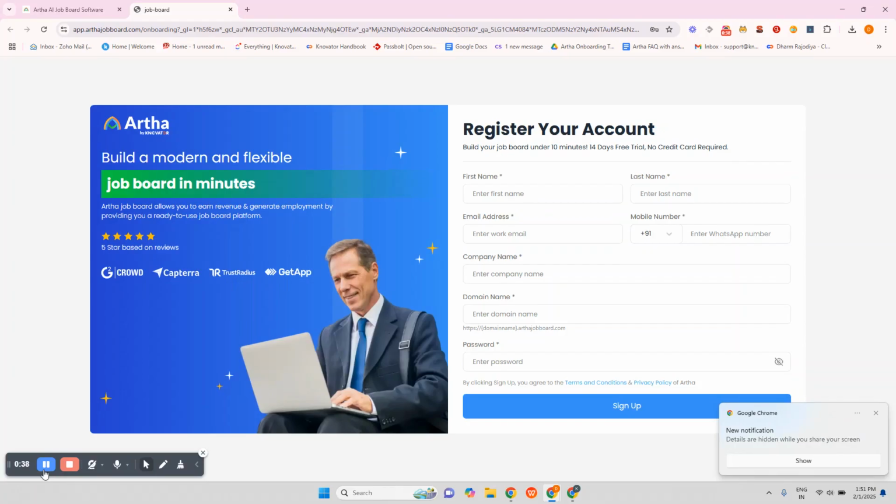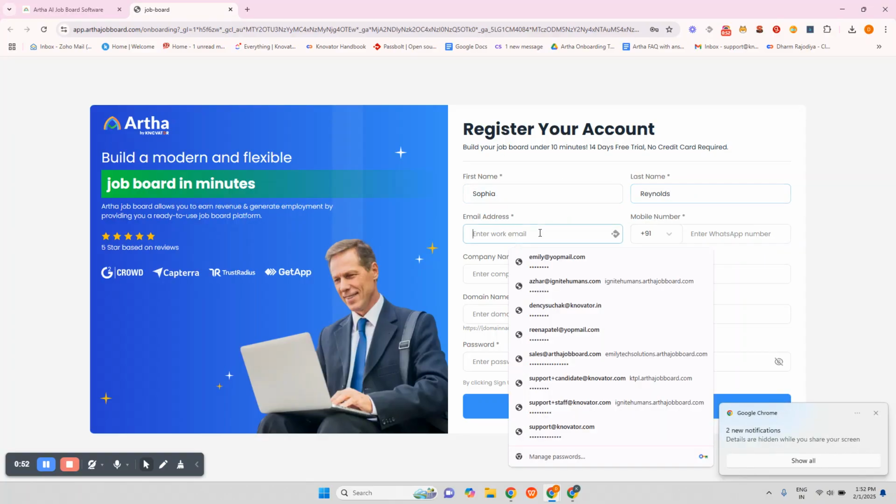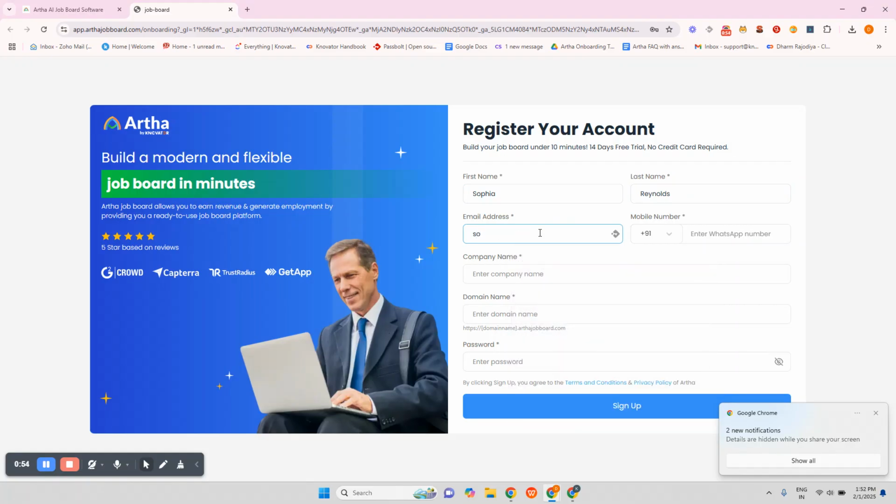Now we have to fill in a few details which are required. First we have to enter the first name, then the last name, then the email ID, then the phone number, then the company's name.